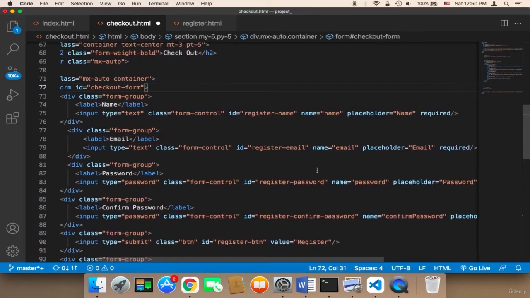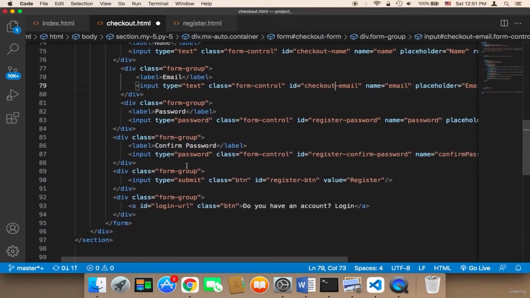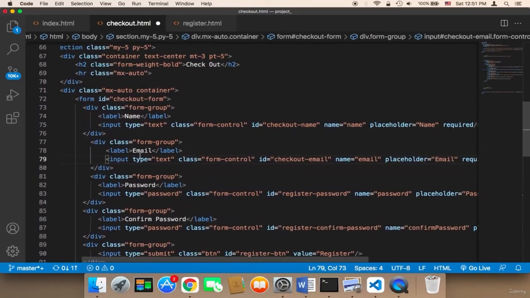The inputs that we need are the name, the city, the email, the phone number. So I'm going to start with the name. The name is going to be the same, but the ID is going to be checkout name, and the name is name, and here name. The second input that we need is the email. I'm going to say email, and then here checkout email. The third input that we need is the phone number, so I'm going to say phone,